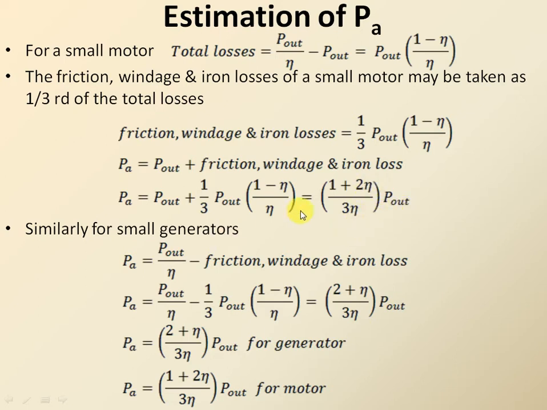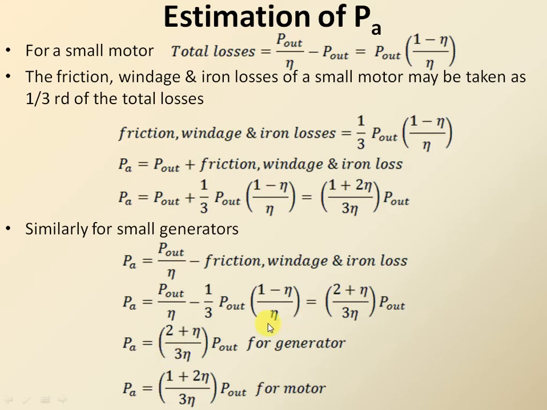Similarly, in the case of generators of ratings less than 250 kilowatts, from the power flow diagram we very well know that the armature power developed is the difference between input power and friction, windage and iron loss. For this friction, windage and iron loss, make the substitution. And instead of input power, we can write P output divided by efficiency. Then further simplifying it, we get the relation as (2 plus efficiency) divided by (3 into efficiency), the whole into output power developed. So these two are the relations for generator and motor